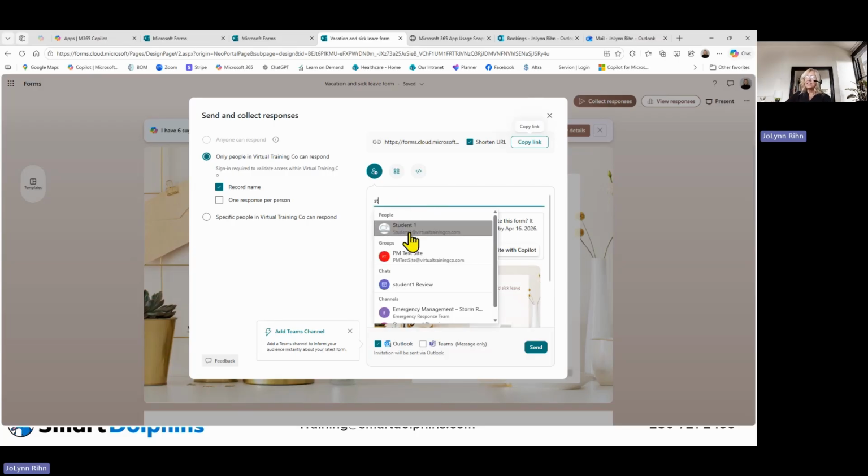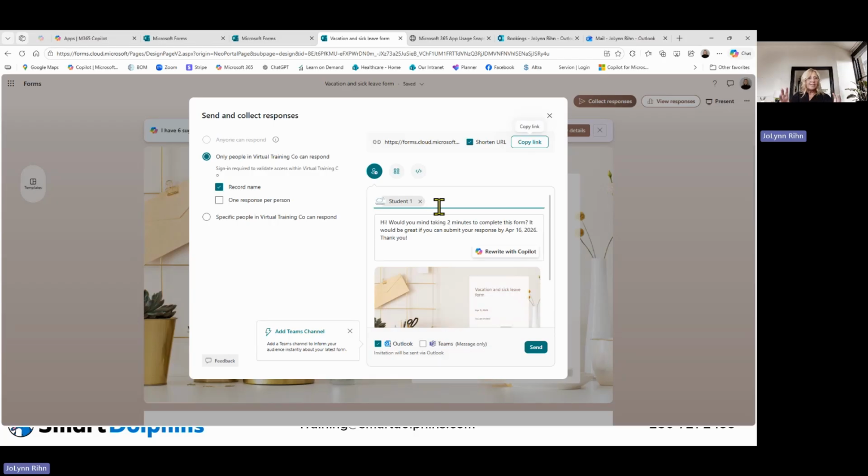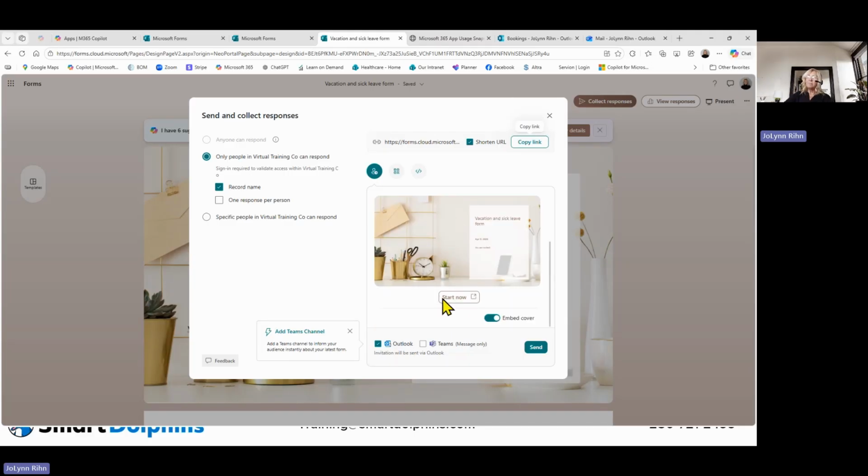So just so you could see how this would work, I would put in the email addresses of everybody that I want to have access to this, put in a message, and if I have Copilot, I can have Copilot help rewrite that. But you can see down at the bottom, this is how it's going to look. Down here at the very bottom of this window, I'm having it automatically go to Outlook, but if I also wanted to go to Microsoft Teams to a channel, I could choose that and then choose which Teams channel. But I'm going to leave it as Outlook and I'm going to click